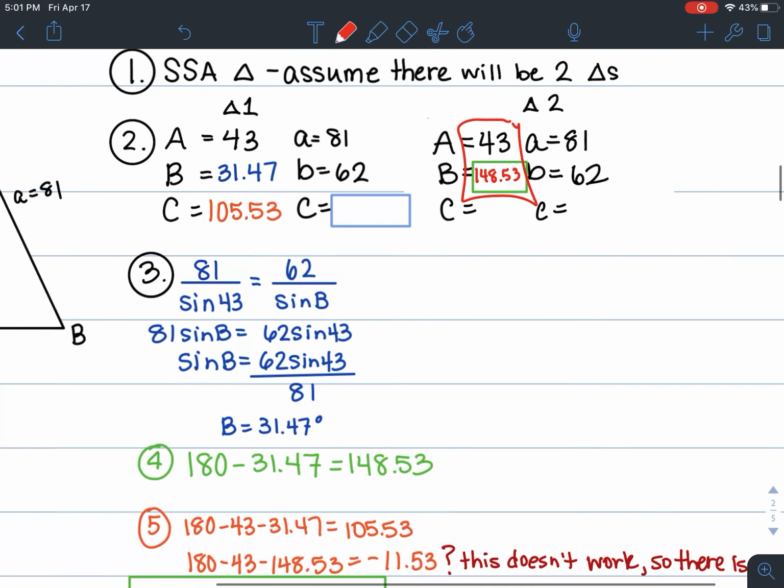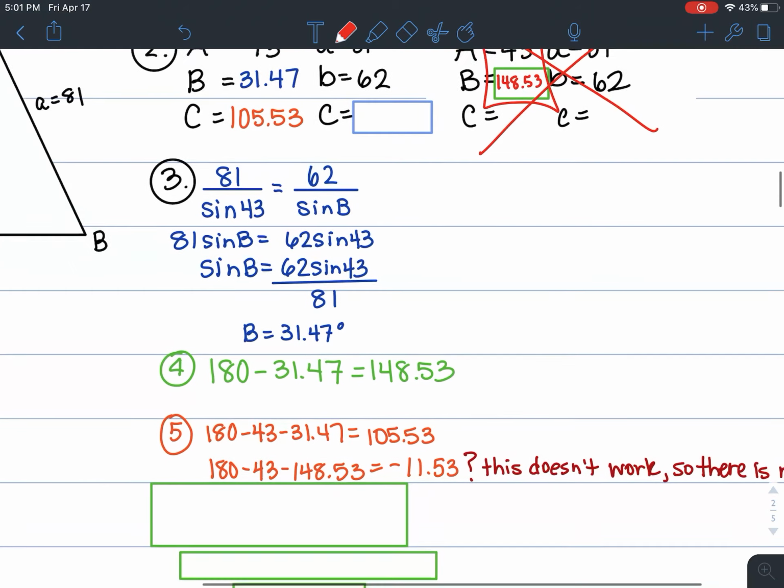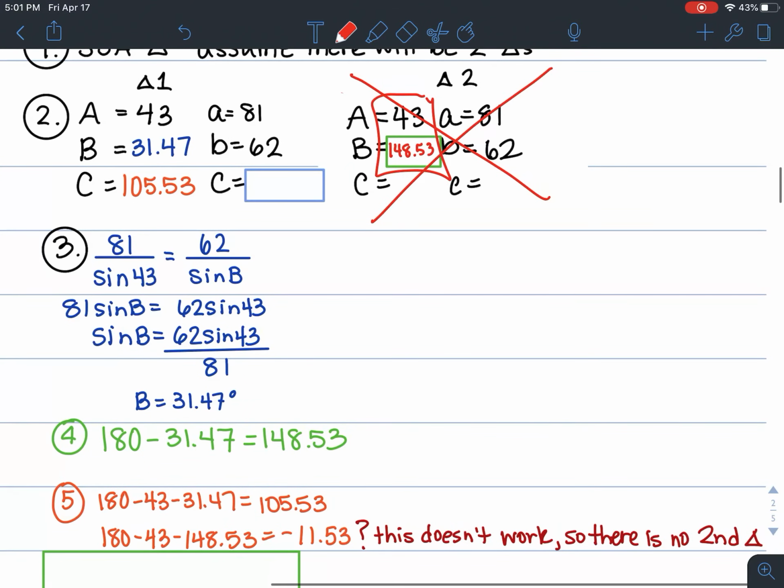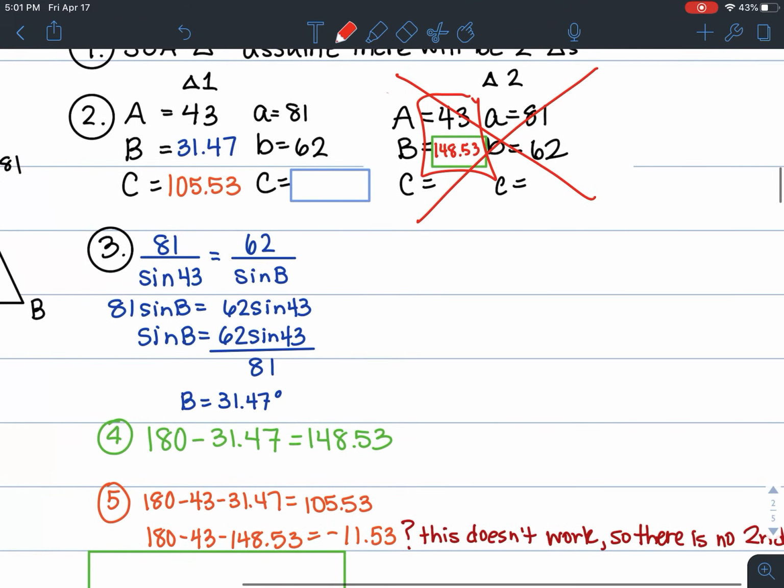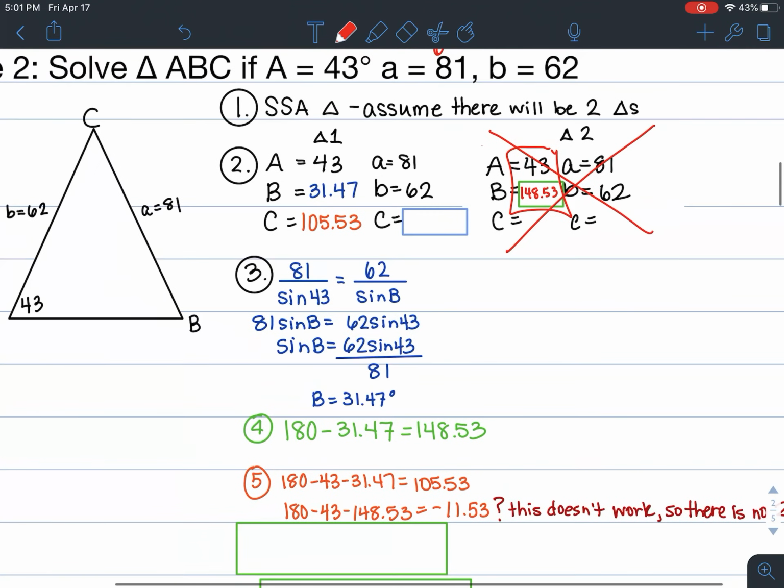So what that means is, good for you, there is no second triangle in this case. You tried to find one, but you weren't able to get one. And so in that case, you just cross out triangle 2, you forget about it, and you keep going. However,